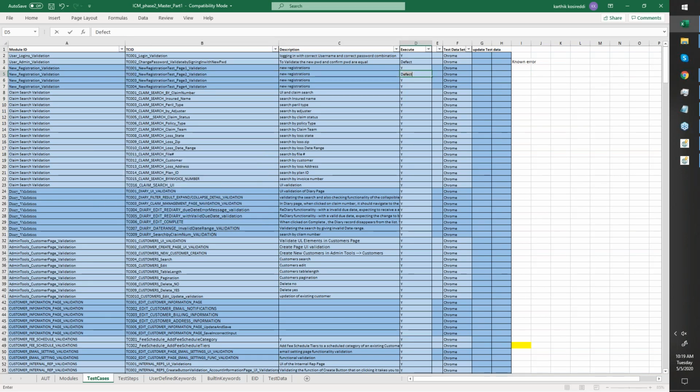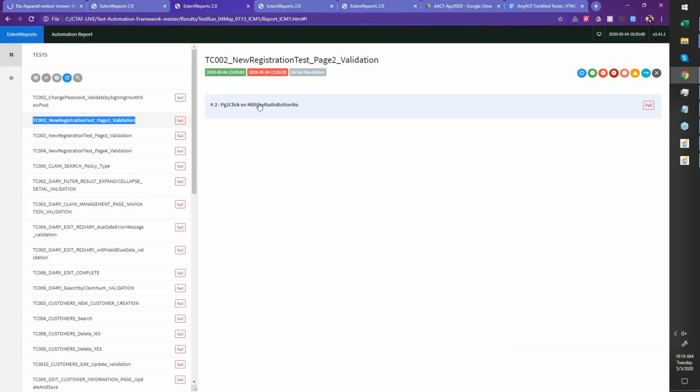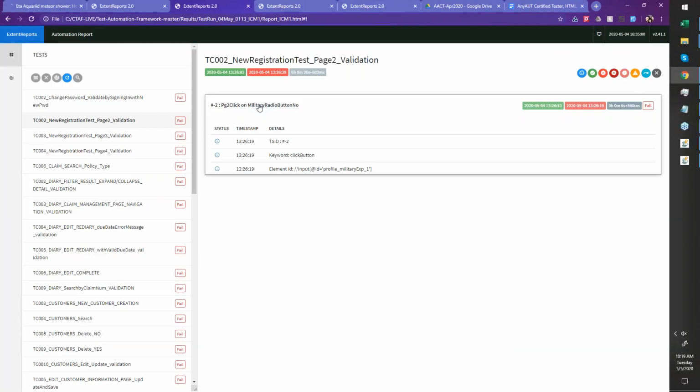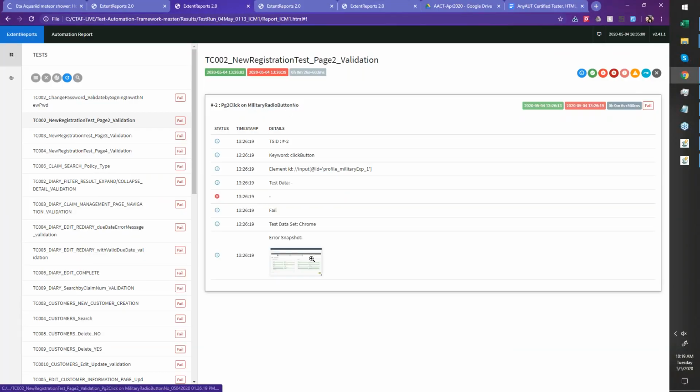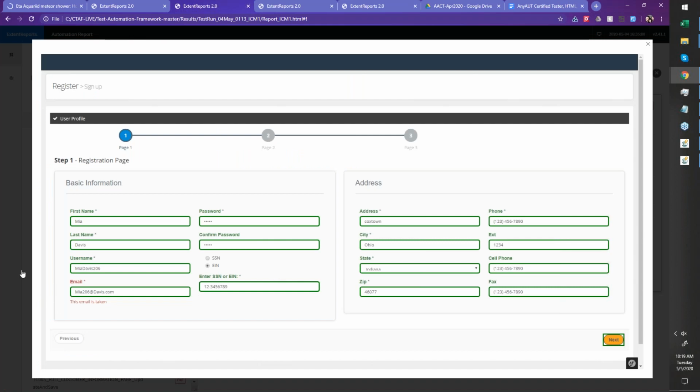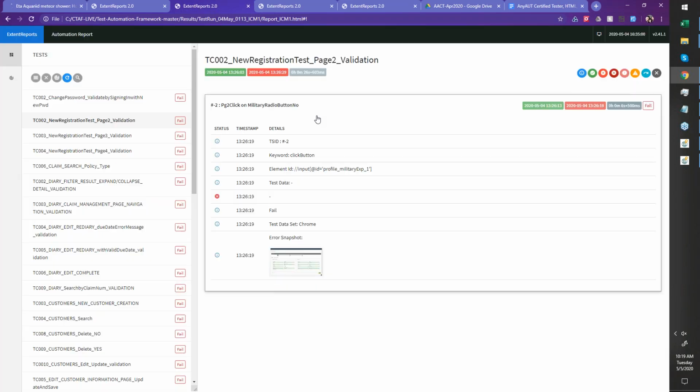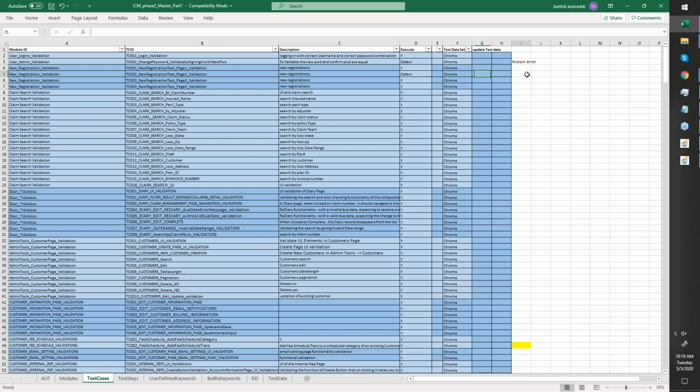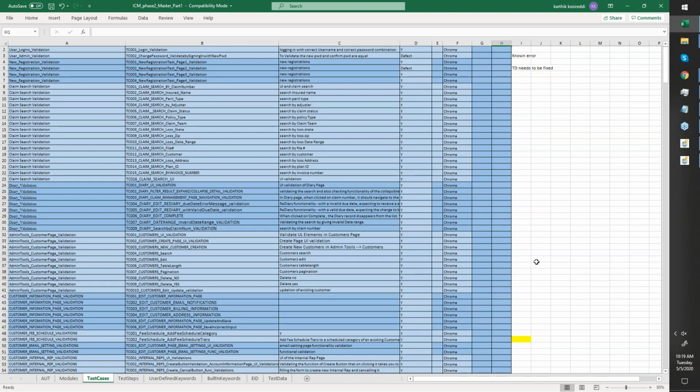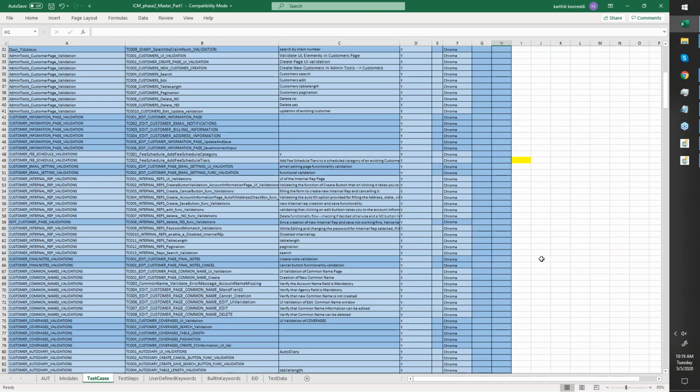Now, what kind of a defect is it? The way I look at it, it says page 2 click on military radio button. So this is not an application defect. Test data needs to be fixed. That is the category I would put it into. So just my comments for now. That's the most critical part of it. The next one